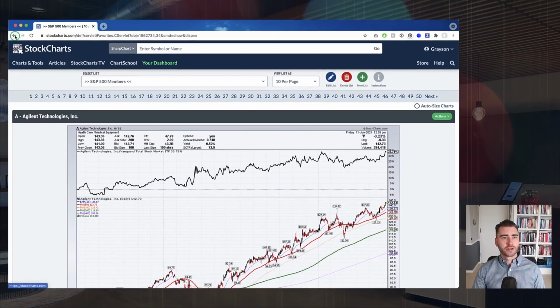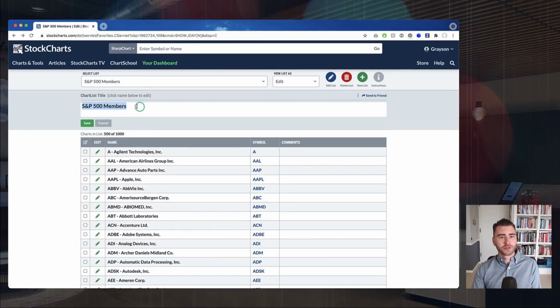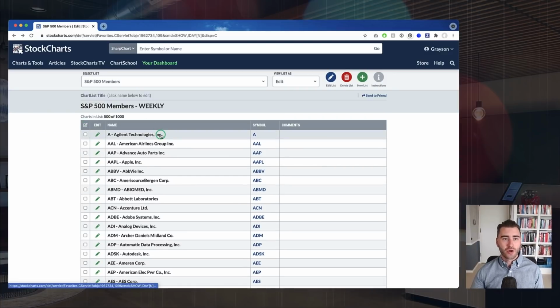But let's say that I wanted to have this list be weekly charts for everything in the S&P 500. Well, I've created that other list here. I've gone back to that S&P 500 members. Let's rename this. We'll do weekly. I'll hit save. And now if I have a chart style created in my account, which I do, for weekly